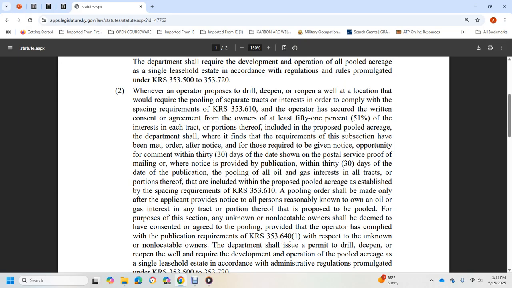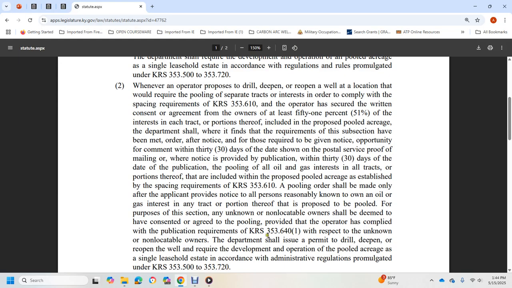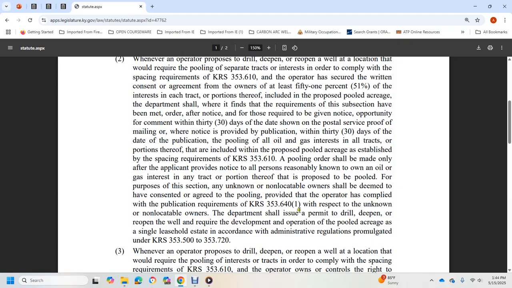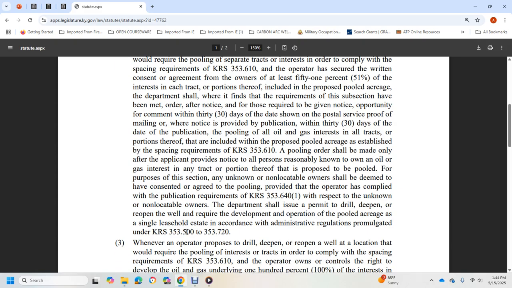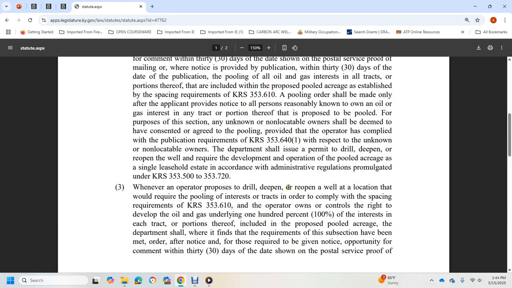Kentucky Revised Statute 353.641. With respect to unknown and non-locatable owners, the department shall issue the permit to drill, deepen, or reopen the well, with the requirement that the development and operation pool the acreage as a single leasehold, in accordance with the administrative regulations promulgated under Kentucky Revised Statute 353.500 to 353.720. Whenever the operator proposes to drill, deepen, or reopen a well whose location requires the pooling of tracts in order to comply with the spacing requirements of 353.610,